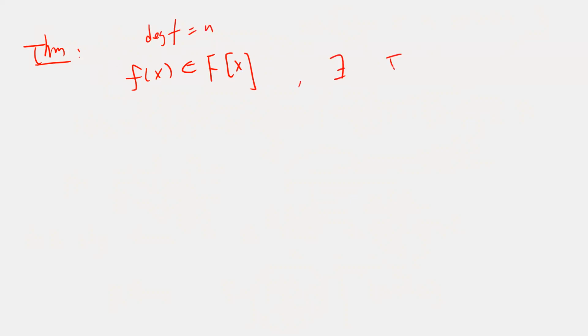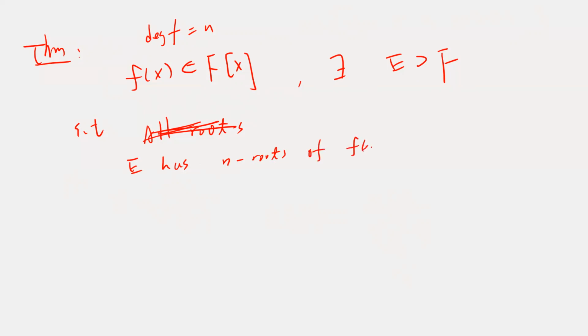then there is an extension field E such that all roots... Okay, so I should say n roots. So E has n roots. E has n roots is the same as E has all roots, right? Because a polynomial with degree n has at most n roots in any extension field. So E has n roots